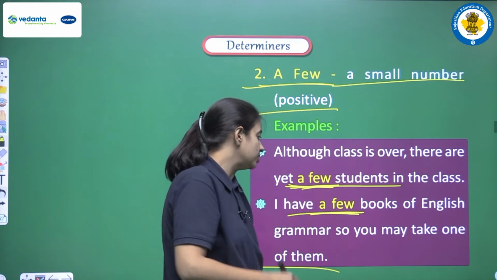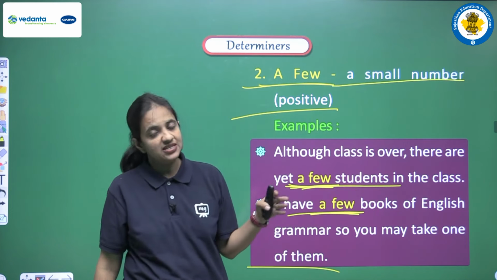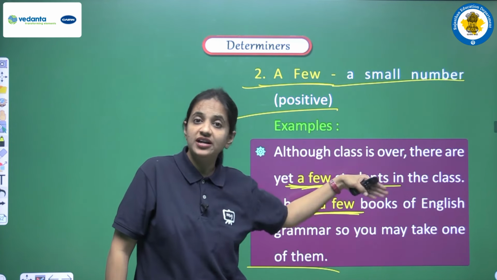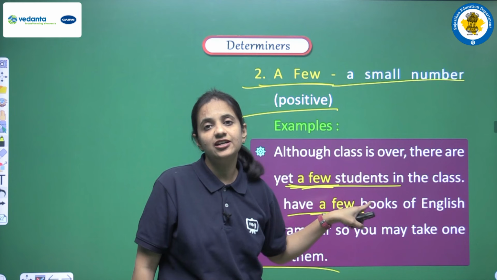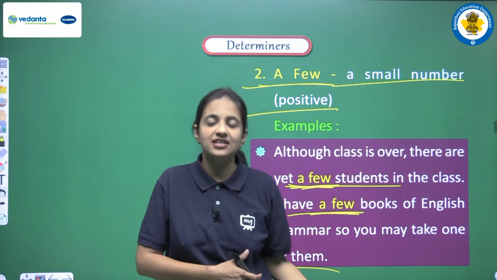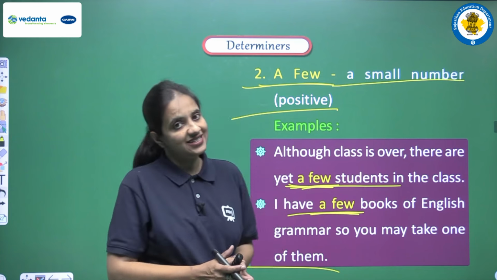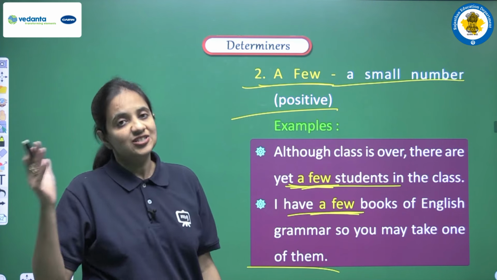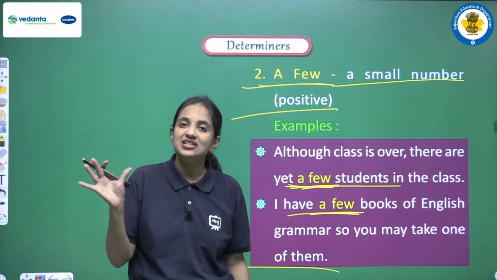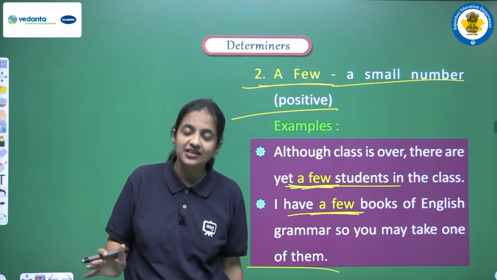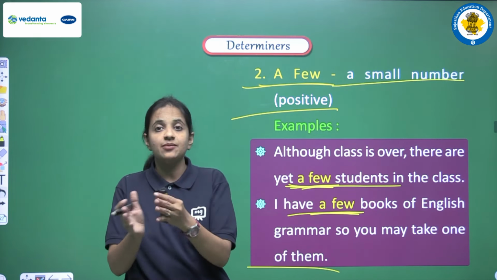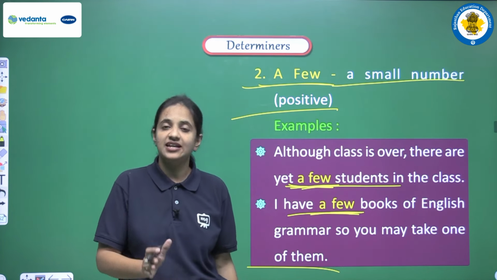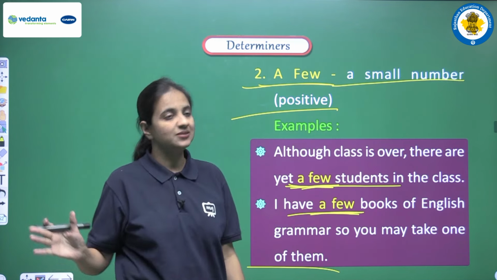अगर यहाँ पे हम a few की जगह only few होता, तो it means यानी इंग्लिश ग्रामर पे बुक है ही नहीं, और है भी तो only वन ही होगी, और ऐसे में हम दूसरे को ऑफर नहीं कर सकते. But now because of this reason that we are having a few in the sentence, it means that yes, we are having some books with us, and this is the reason we are offering to give one of our books to someone other. Right? So this is the use of a few. When we are using a few in the sentence, at that time we are saying that we are having some amount, some quantity, some number, and a few gives a positive sense, a positive meaning to the sentence, and yes, it is also used for countable nouns.